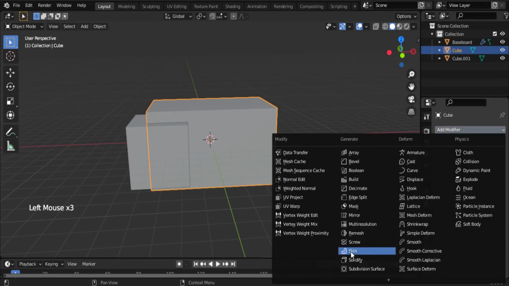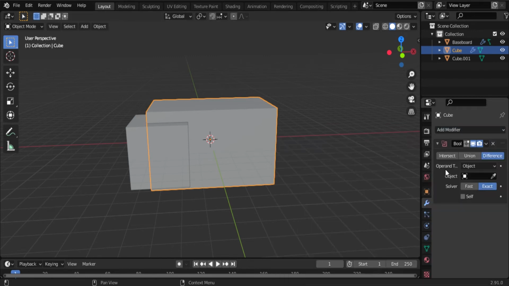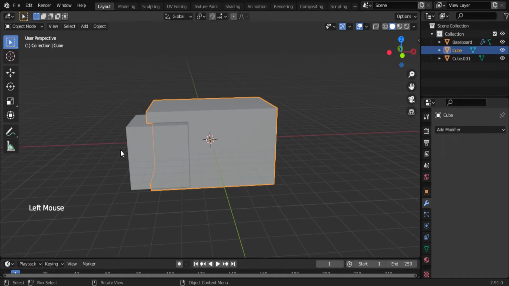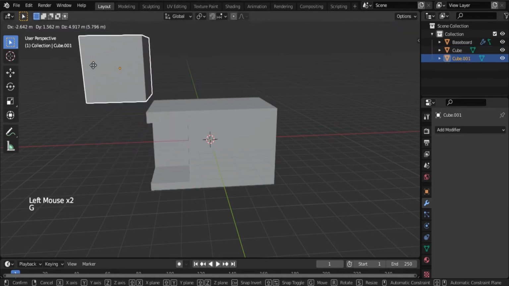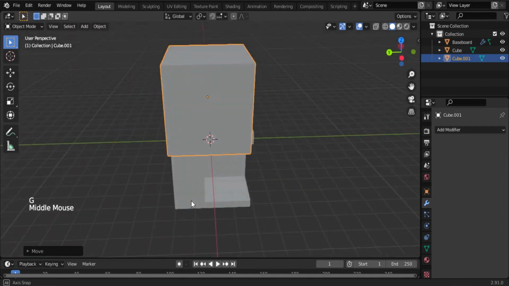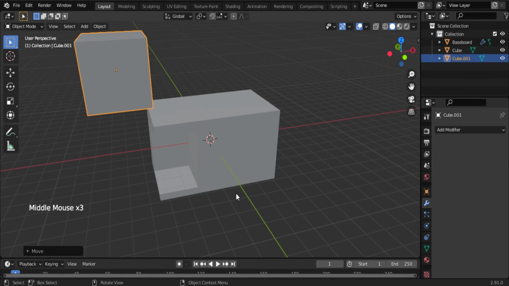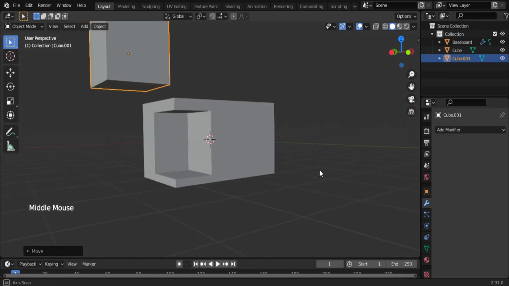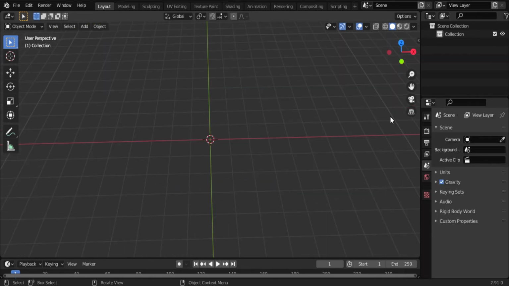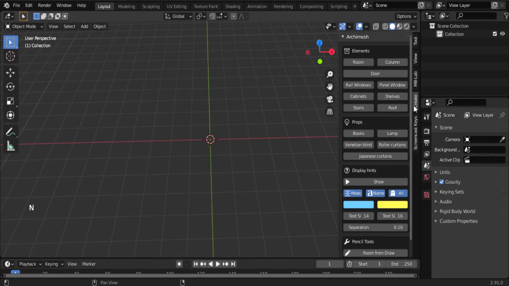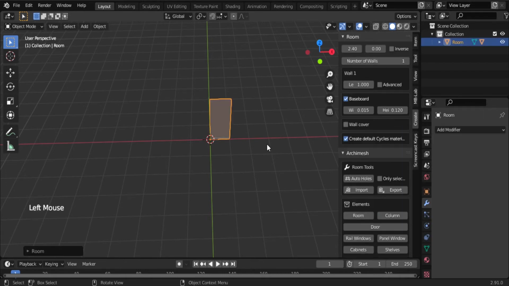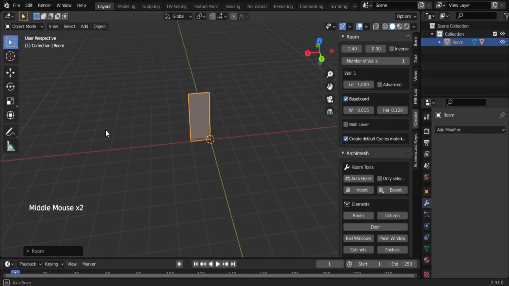And go to modifiers and select the Boolean modifier and tick on the object, apply. Now remove the object from that other object. So now you can observe that, and delete it and go to Create and Walls, scale the wall